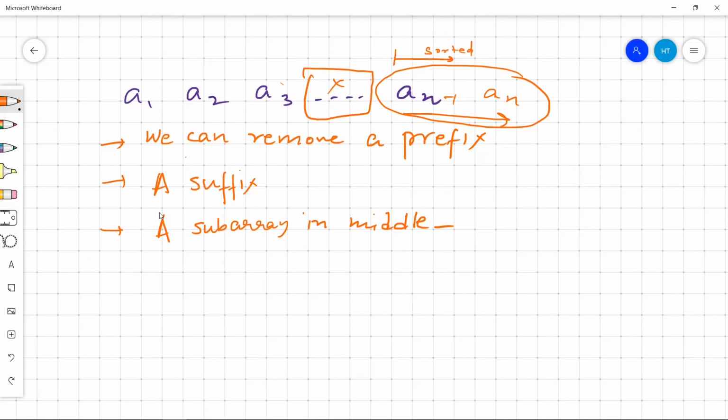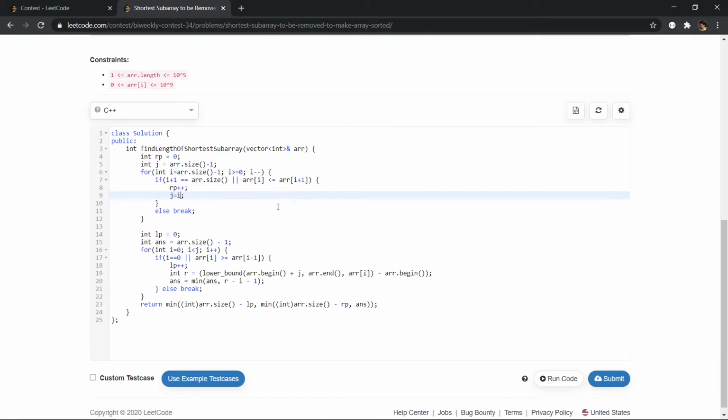We will be checking all the elements A1, A2, A3 and so on, as long as the prefix is sorted, and for each element AI we find the first element that is greater than or equal to AI, and we try to remove all the elements in the middle. First we find the number of elements that are already sorted in the suffix.